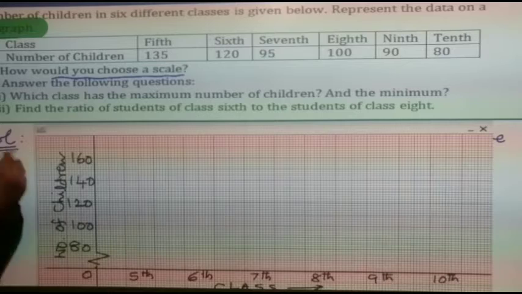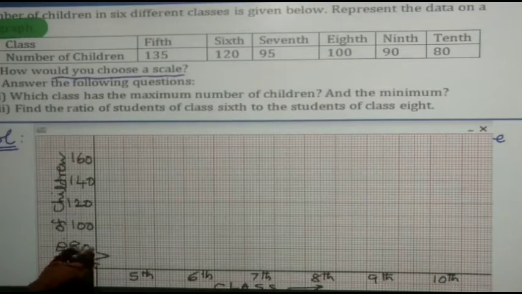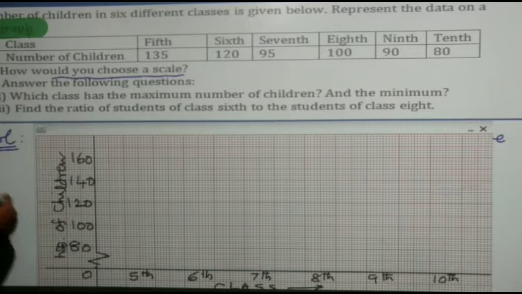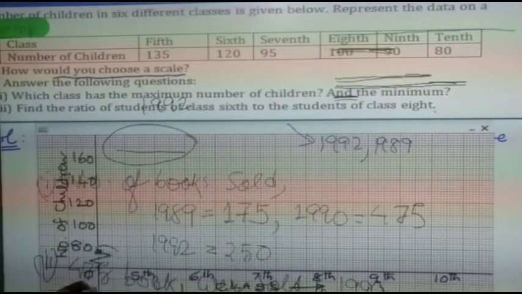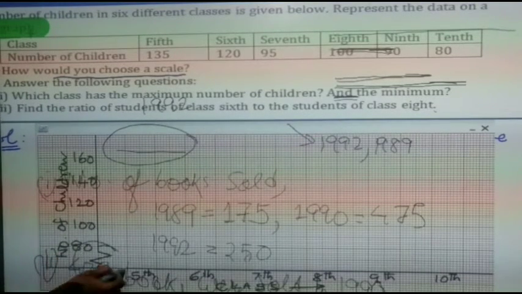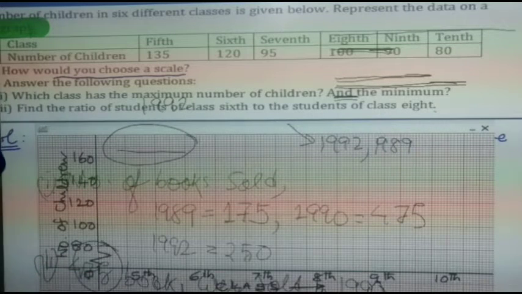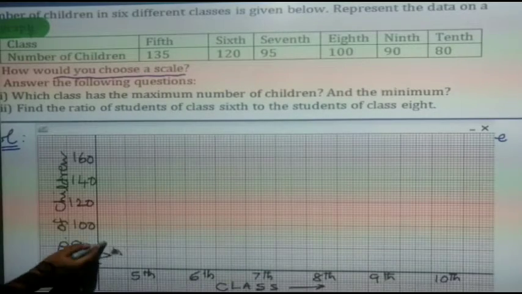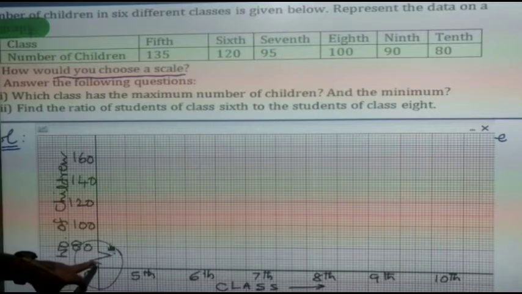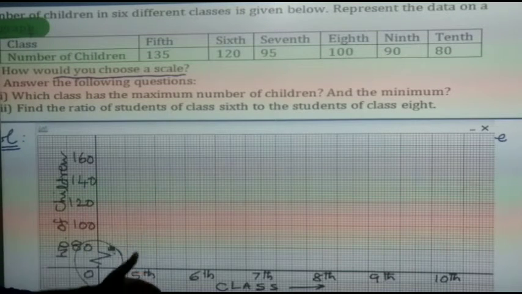Let me show once. As you can see below this point, a zigzag line is showing here. Let me grab the board first. This line you can see is showing a zigzag line. This zigzag line represents that the lower values are not taken, it is directly started from 80.